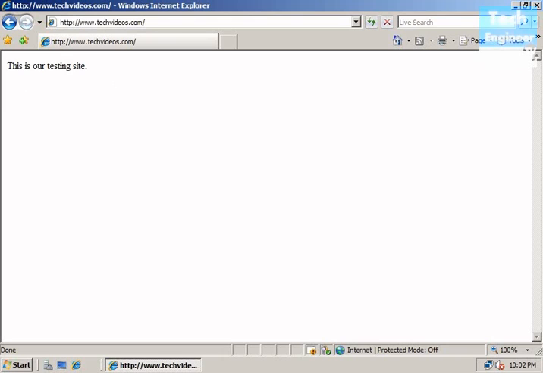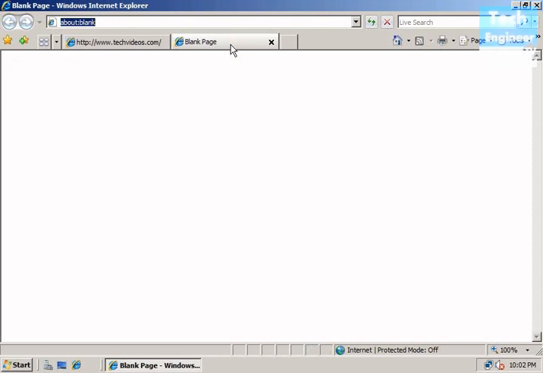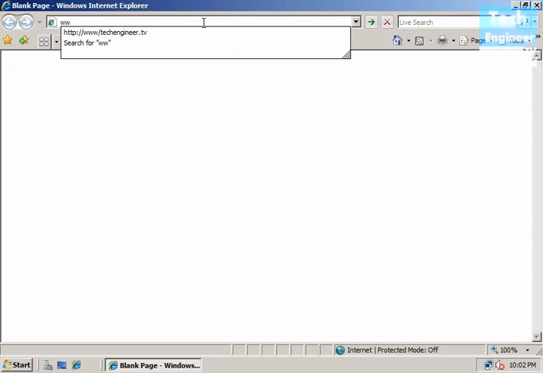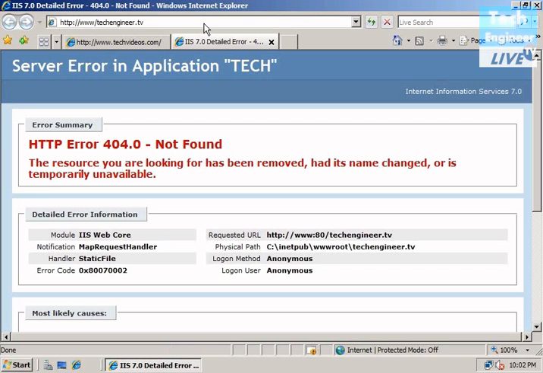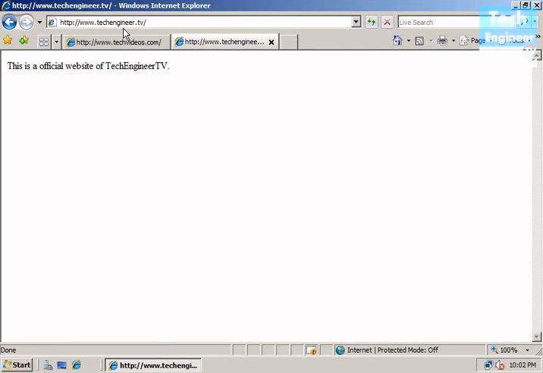So this is our testing site, the same content we put for the web page. Again, I think we put a wrong address. Instead of a slash it should be a dot. Yes, finally,